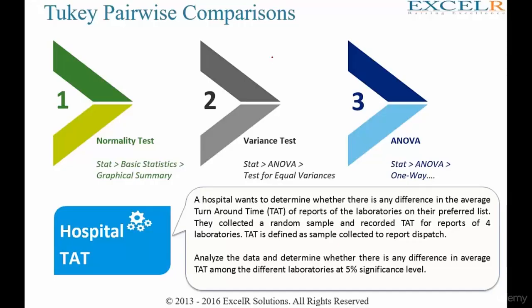So in the previous tutorial, we discussed that whenever you have null and alternate hypothesis, and when you're trying to compare more than two populations, be it parametric or non-parametric tests, you'd be stuck with a few scenarios, such as, say your output variable is turnaround time and your input variable is the three suppliers